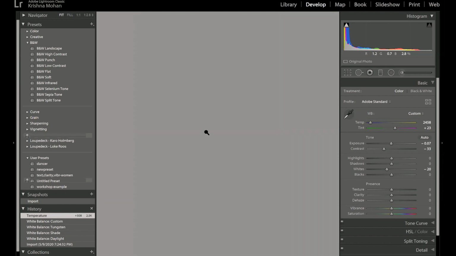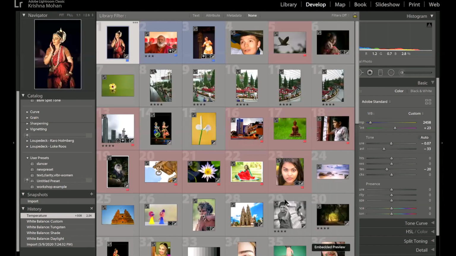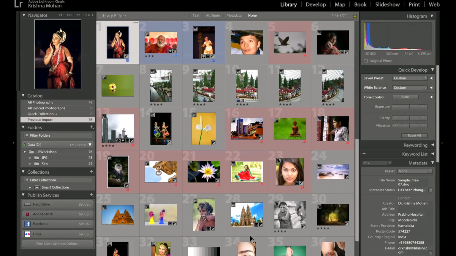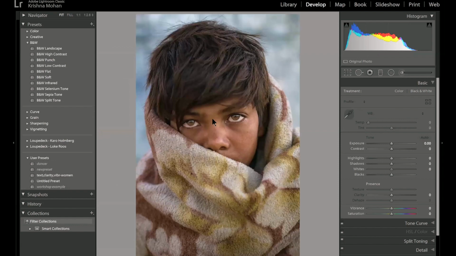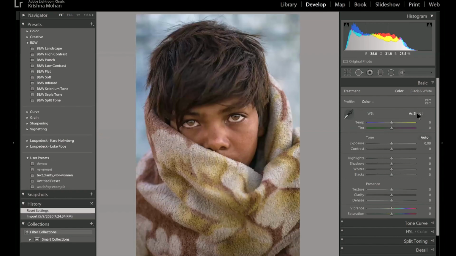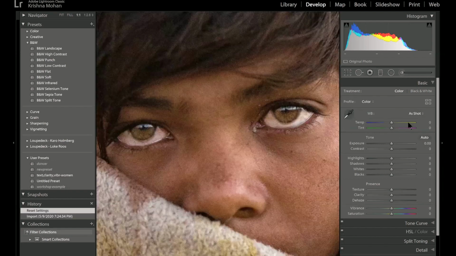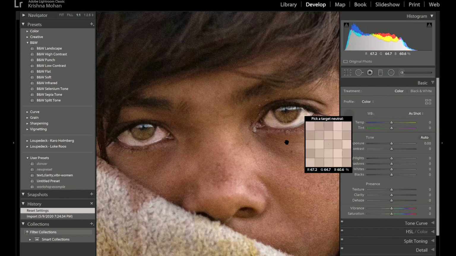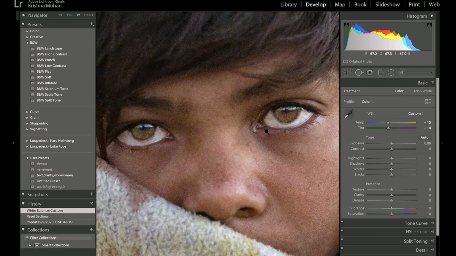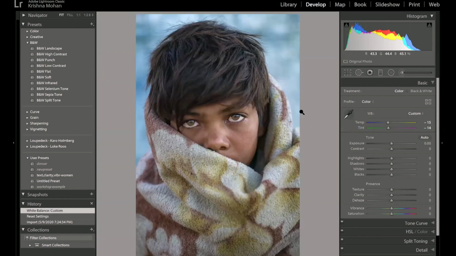Let me go back to that earlier photograph of this boy. So in this case, there is no option of choosing what white balance I can use. So again, I can go for the picker, assuming that his white of the eye is white. I can pick color from there, and soon I can see his skin tone has really improved. The only problem I have is this towel around him,